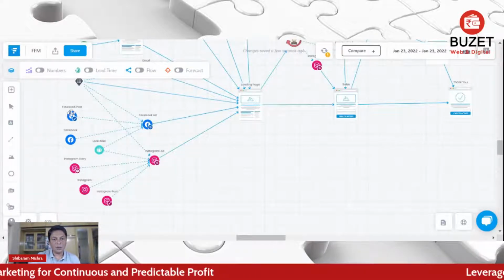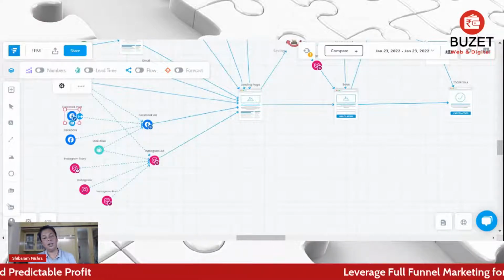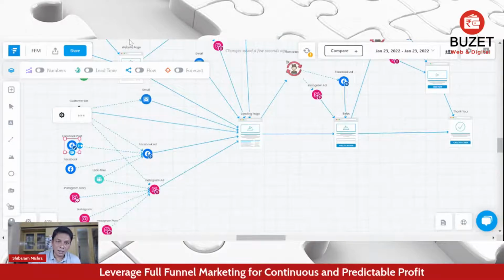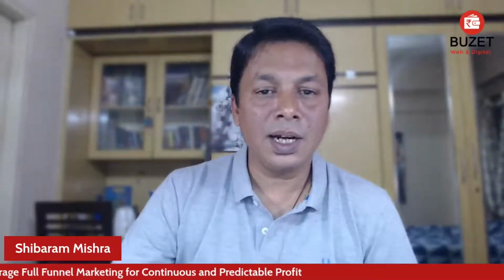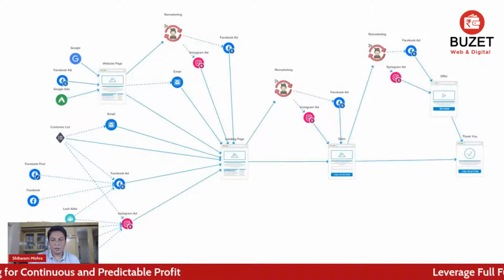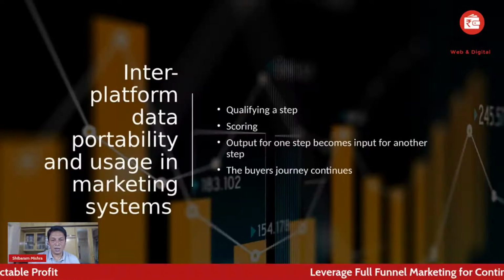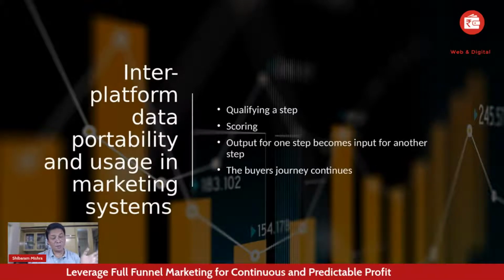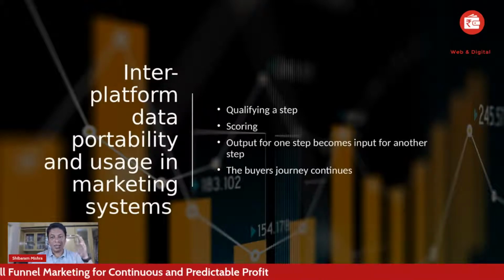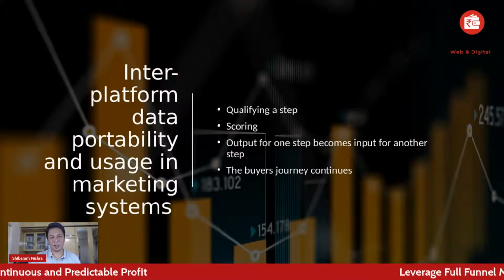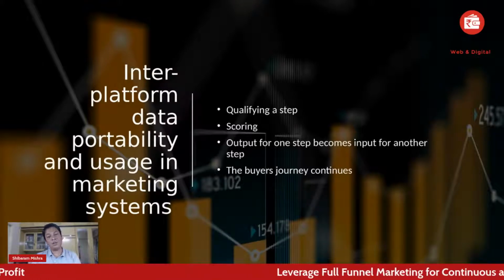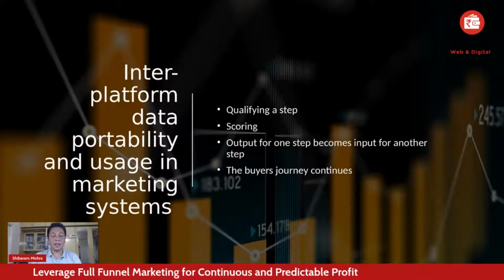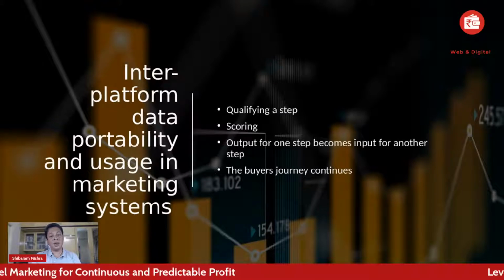For example, this social media post will create engagement. I take all the engaged users and retarget them with ads. Unless they click, I don't show the ad to them. What exactly are we doing here? By doing this, we are actually qualifying. So look at this step here. We have a qualifying step, and we do a scoring. If somebody saw a video and did not click on it, leave that person, he or she is not your customer. If somebody clicked on it and watched the video for maybe 90% of the time, that person is a higher-intent person, right? Then the output from one step becomes the input for the next step.